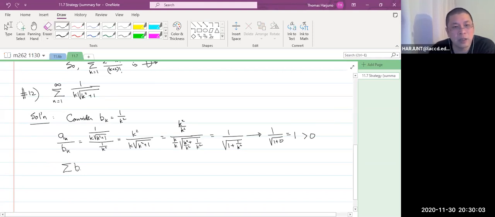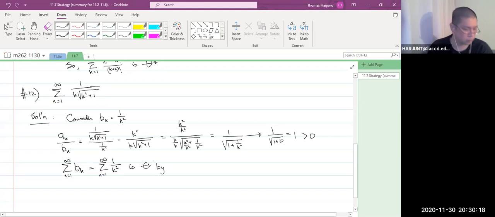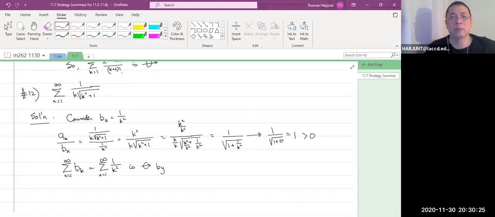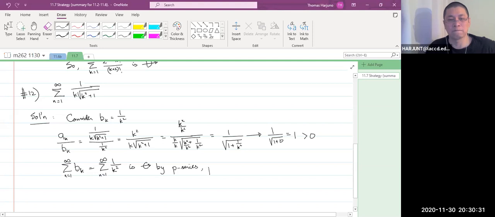The series b_k from 1 to infinity is the sum of 1 over k squared. This is convergent by the p-series test, and p is what? p is 2, greater than 1. Okay? So the series that you compare to is convergent. Therefore, the series that you start with